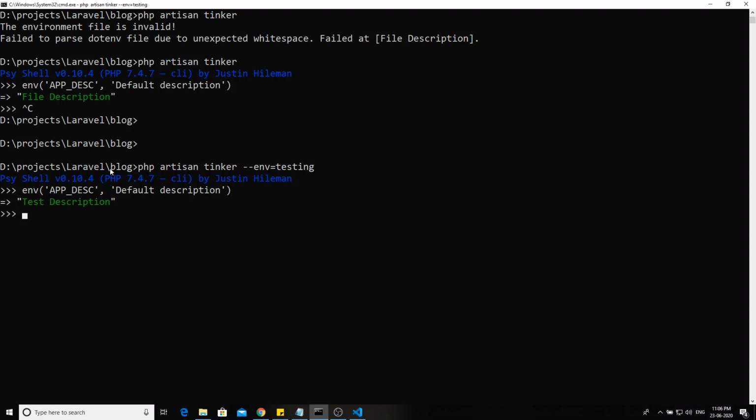So in this way you can use different files for different environments. For testing you can use another, for staging you can use another one, for production you can use another one. So like that. Anyway,